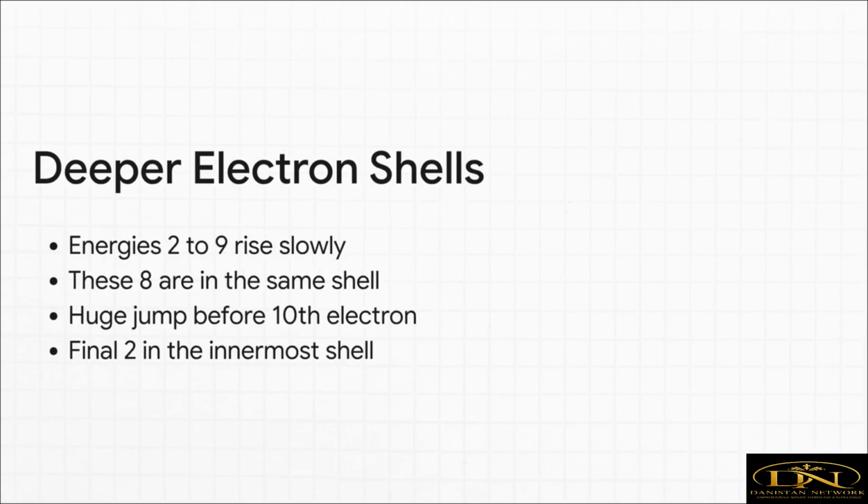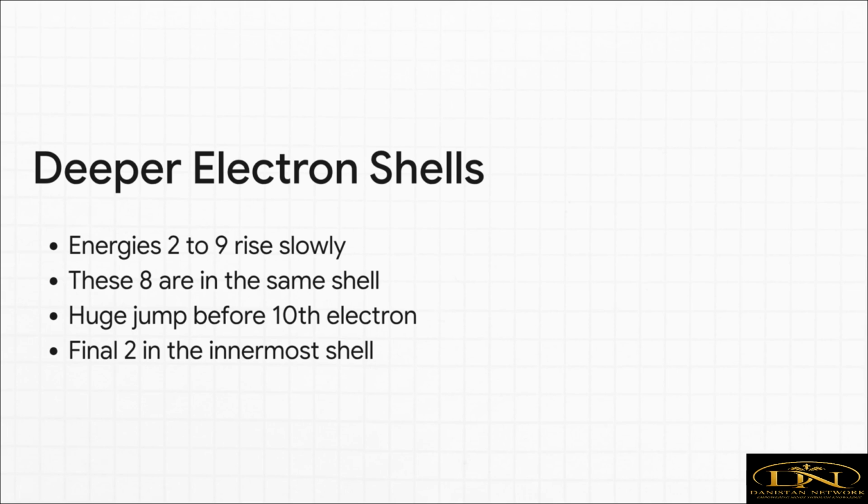Let's keep digging into this data. As we continue to rip away the second all the way down to the 9th electron, the energy required definitely increases. But it's just a gradual climb. There are no sudden massive spikes. This gradual climb tells us that all 8 of these electrons reside in the exact same shell, sharing similar distances